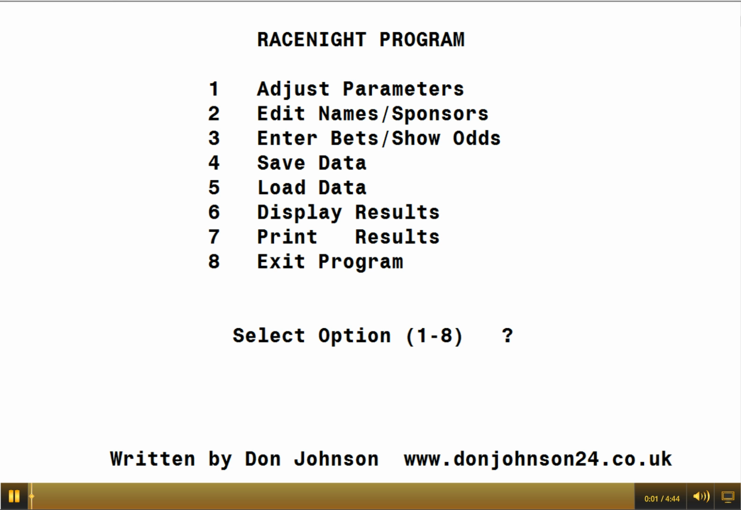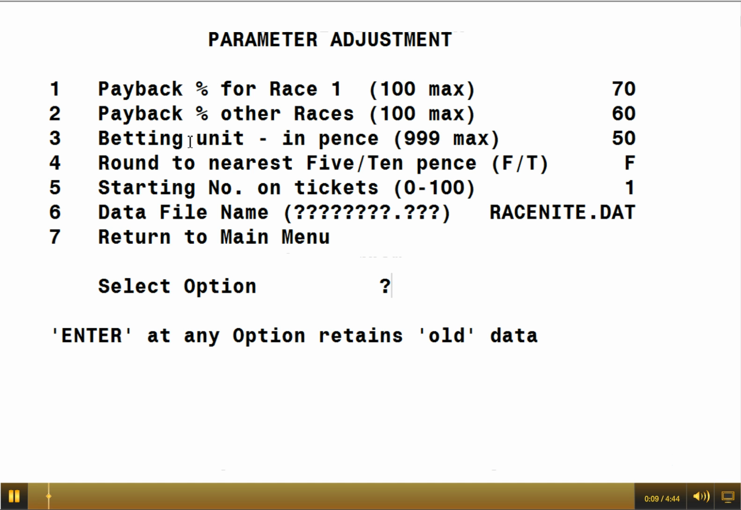In this second video we will start with adjusting parameters. You enter number 1, click in the right place, number 1, and here you can enter the payback percentage for race number 1 and the payback percentage for other races. Usually the payback percentage is something like about 60%, but it's quite a good idea to have it slightly higher